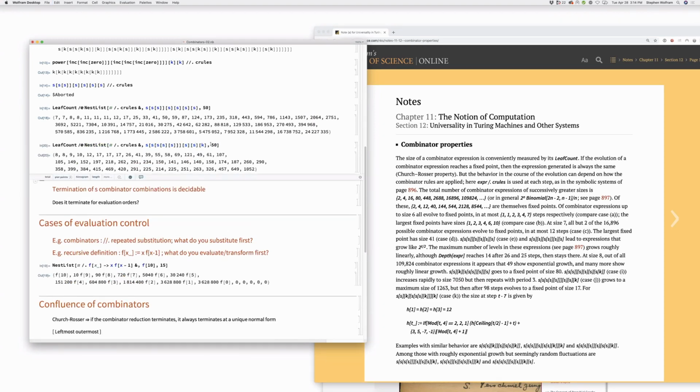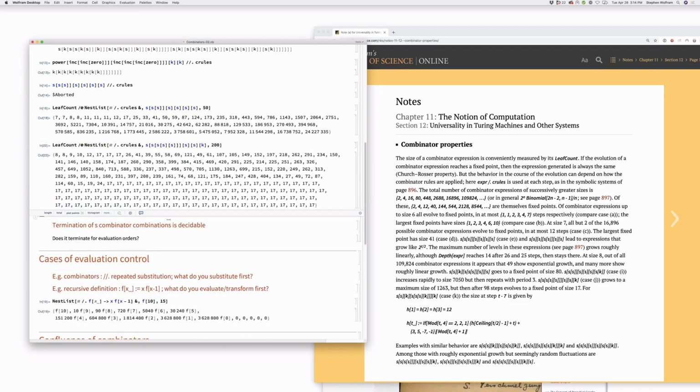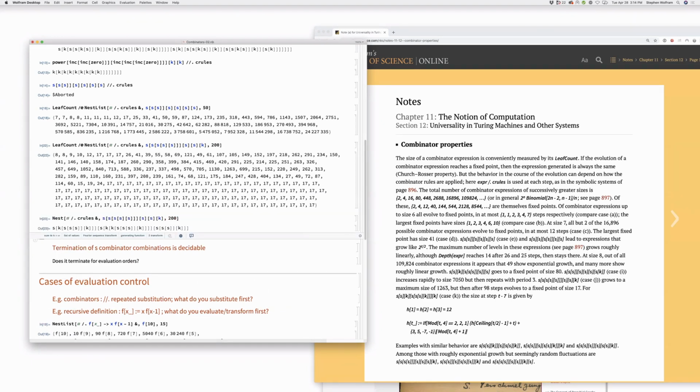Okay, let's say we go to 100 steps. So with this evaluation order, notice this thing. You claim that the fixed point that this eventually ends up with, right? If I just say nest here, that's ending up with a fixed point that is that, right? But somewhere in the middle here,